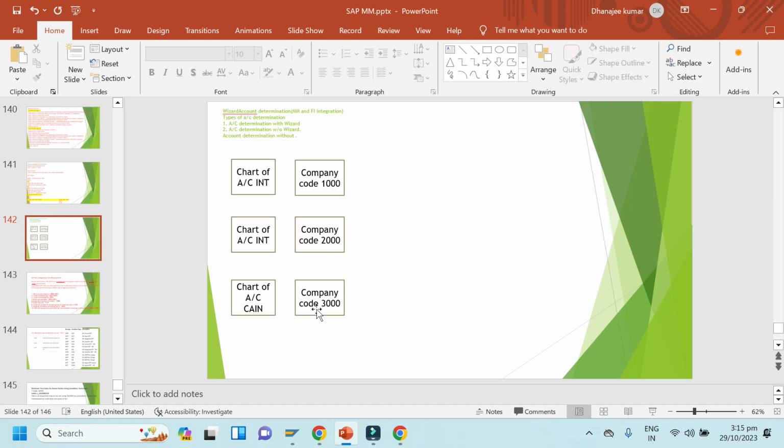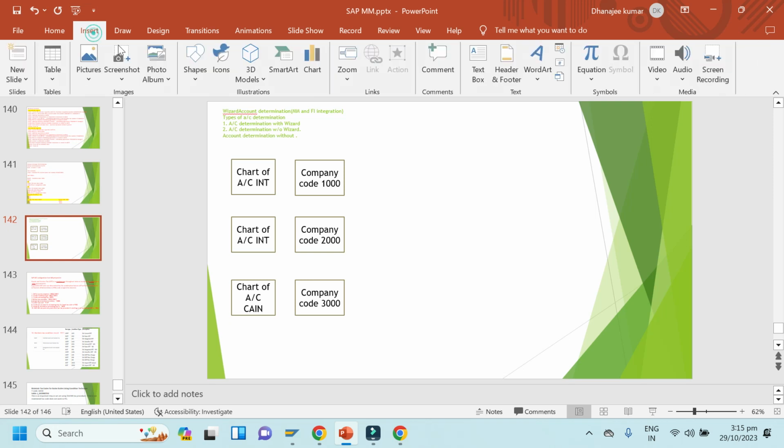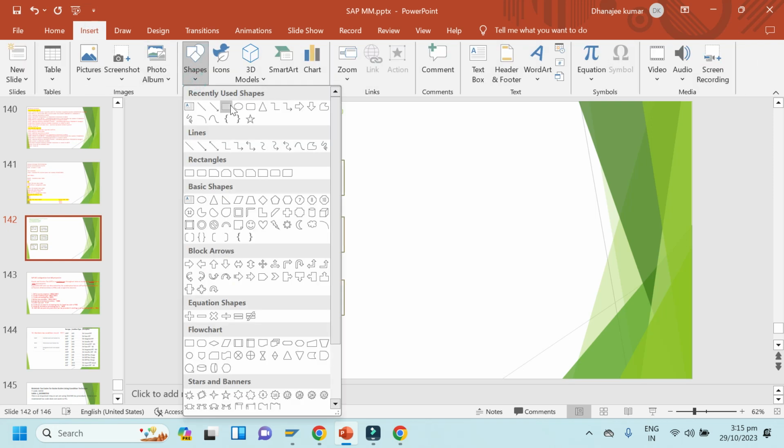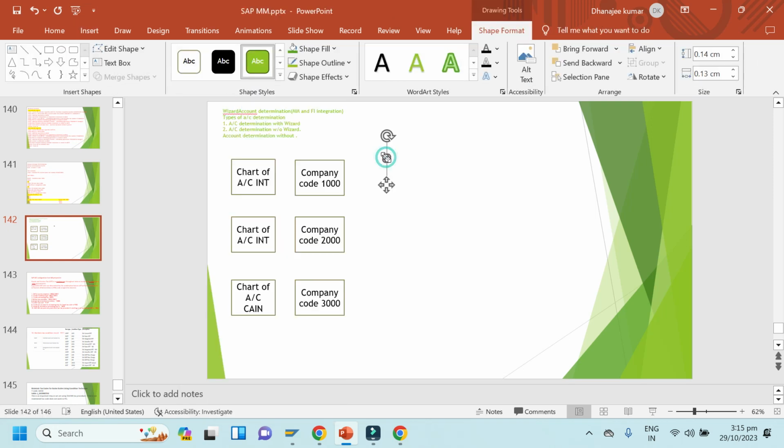Now next picture comes of plants, so let me draw some plants here. So I will give it here some plant.